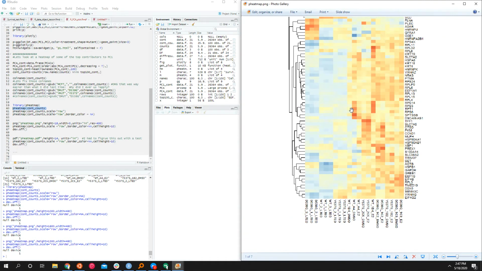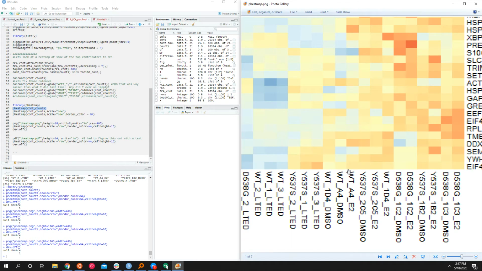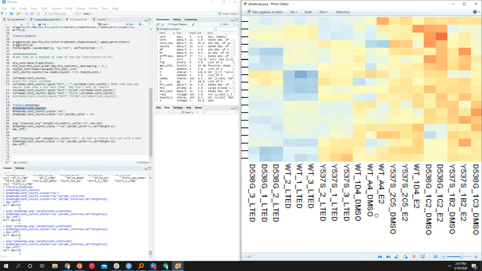I'll tell you about this real quick. So you can see as we zoom in, some of the text is kind of hard to read. If you're making this for, say, a web page, that's fine, but if you're not making it for a web page, you should save it as a PDF. So if we look at, let's see here,